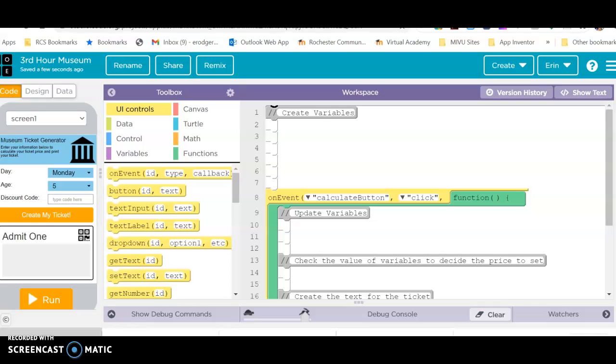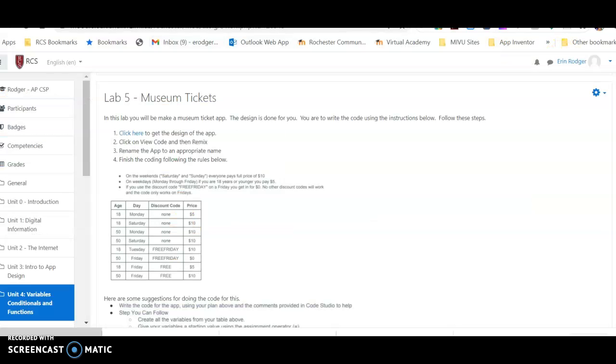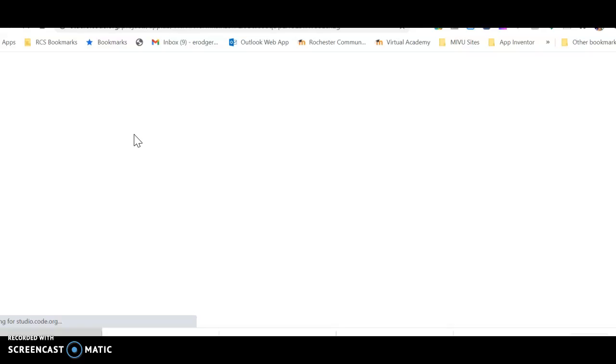Hi, I'm just going to help you guys get started on your Lab 5. So to start with, you're going to go into Moodle and you're going to need to click where it says "click here to get the design of the app." Once you do that, go ahead and click mine. It's going to take you to the app